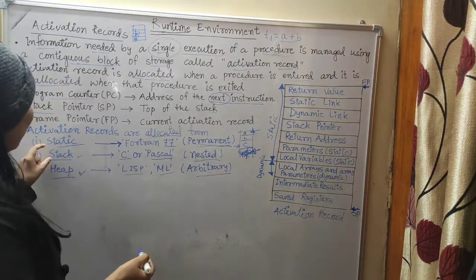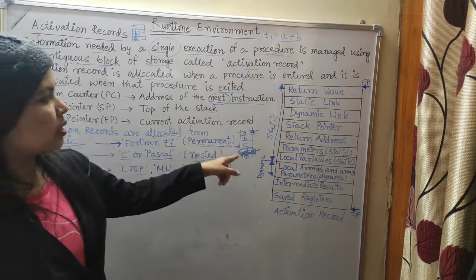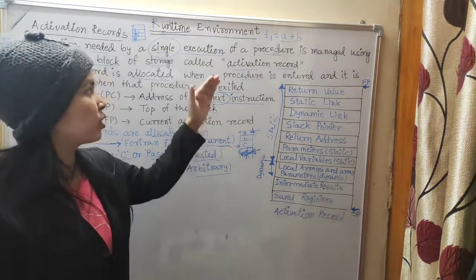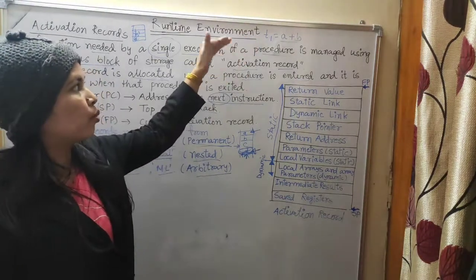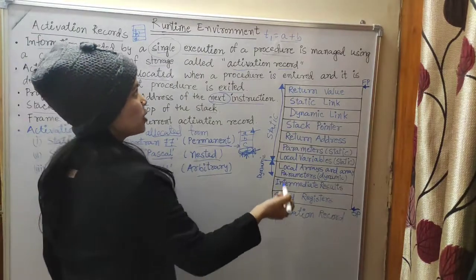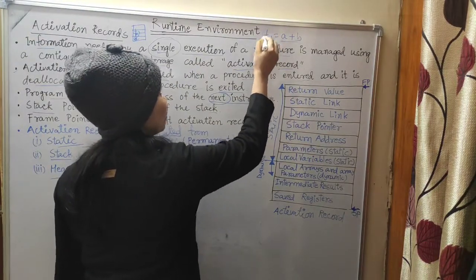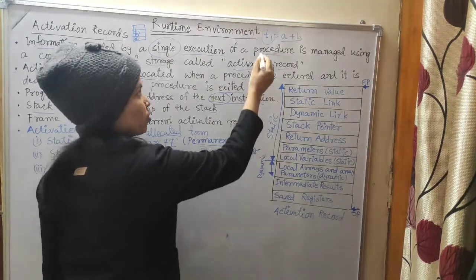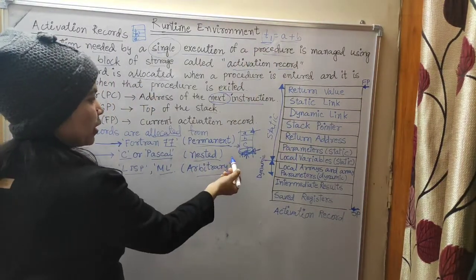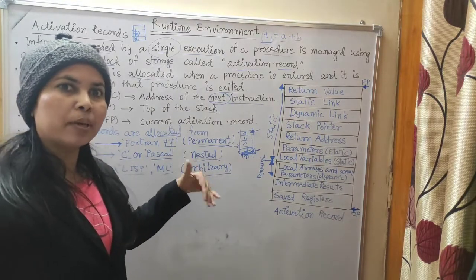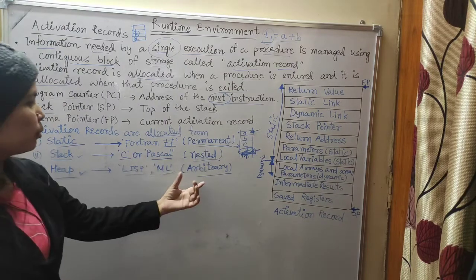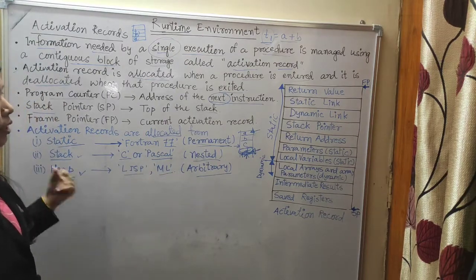Nested lifetime on stack. In the stack, sometimes we are pushing the data, sometimes we are popping the data. If a temporary variable is used, then when the process is executed, this T1 will automatically be removed. That is called a local variable, as we have seen in the previous slide. Nested means one loop is coming inside another. So nested lifetime on stack, and arbitrary lifetime on heap area.